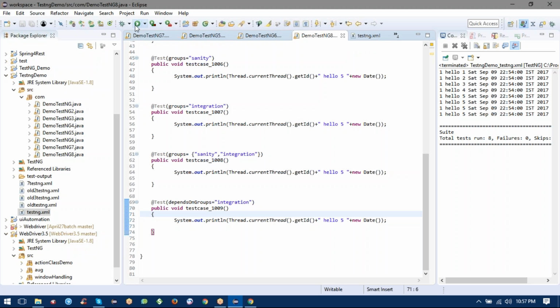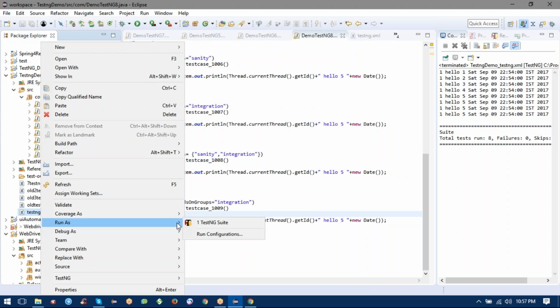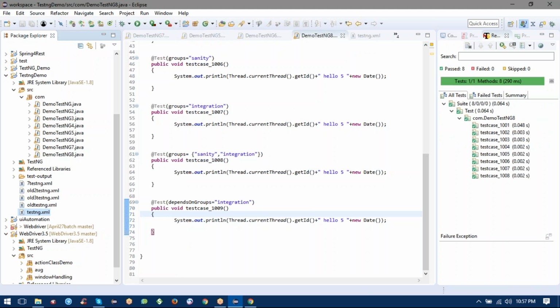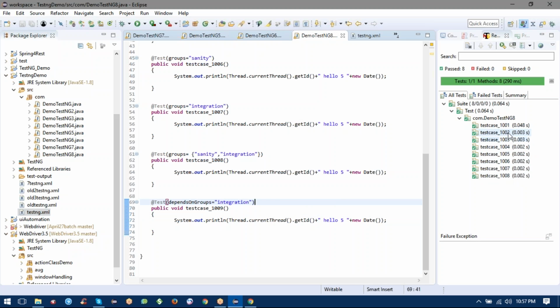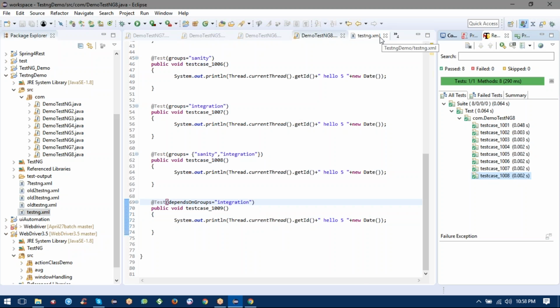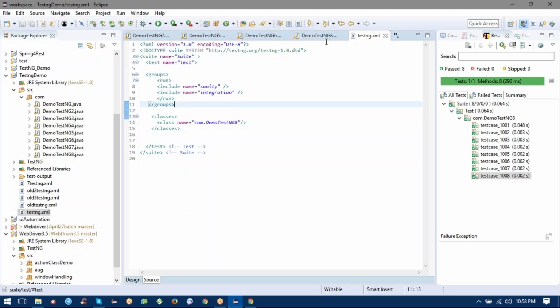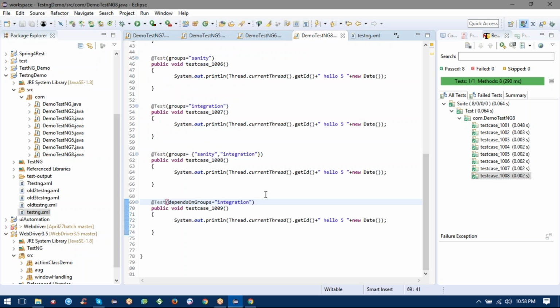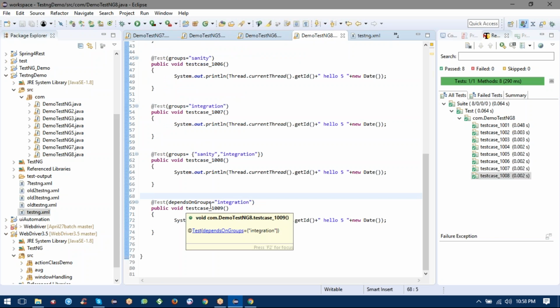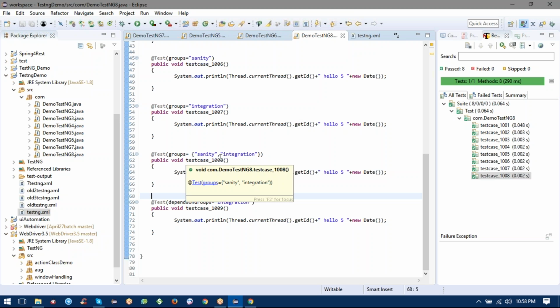Fine. So let me run this, not this one, right? Run as TestNG. So you can see here my test case number depends on groups. So that's fine. It should run now. 1, 2, 3, 4, 5, 6, 7, 8. It's something wrong. Integration depends on groups. Integration. I think